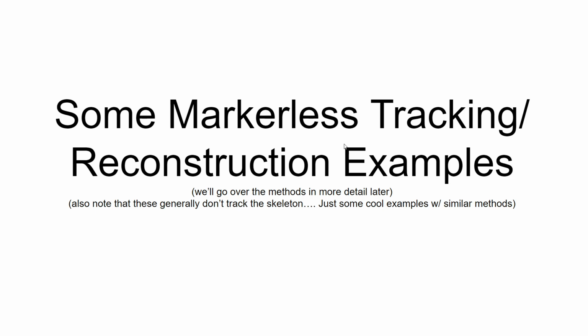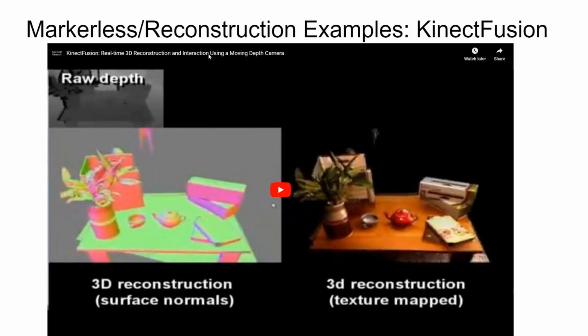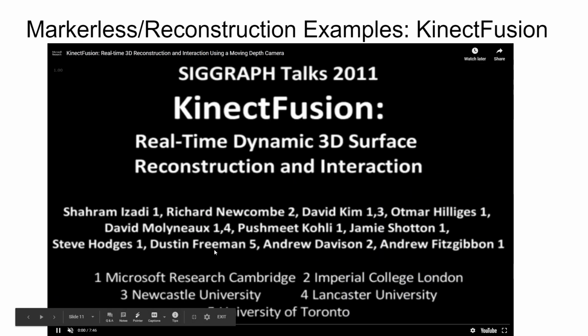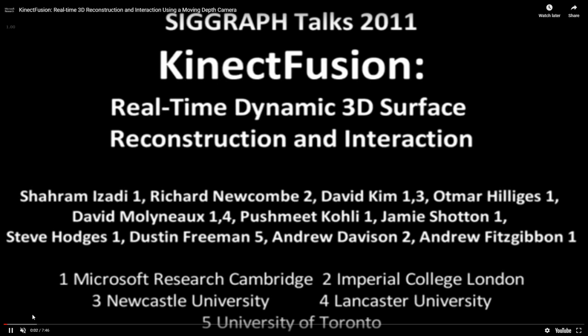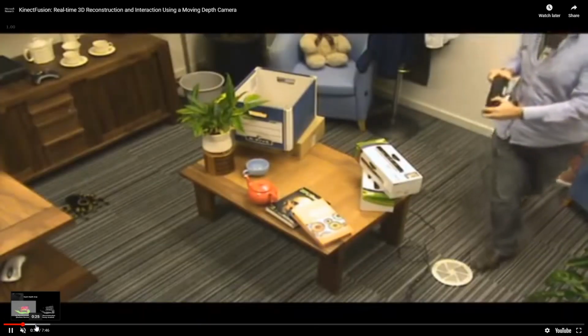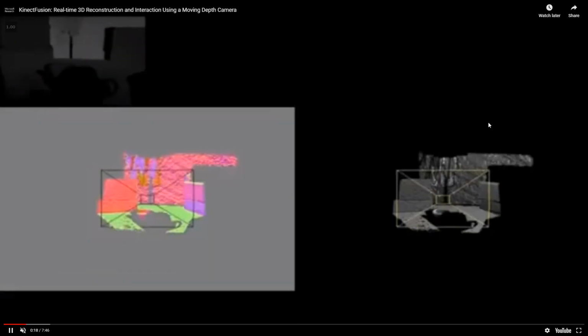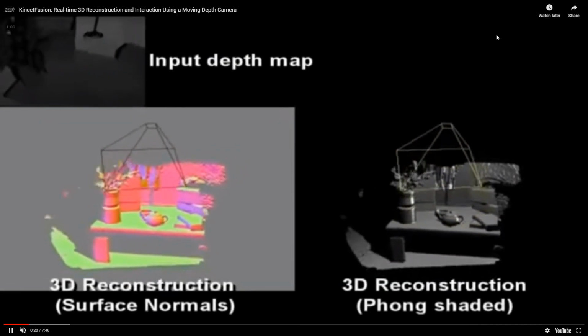Anyway, some cool examples of reconstruction that I wanted to show you from last time, or markerless tracking as well. A lot of Reconstruction uses markerless tracking, so there are very related methods, but Reconstruction itself tends to be closer to AR, which is why I won't cover it just yet. Anyway, Kinect Fusion was a really important Reconstruction application that came out soon after the Kinect was released for the Xbox 360. And this is a method that uses a single Kinect to reconstruct like a room or a bunch of objects. And all you have to do is sort of move the Kinect around the entire room